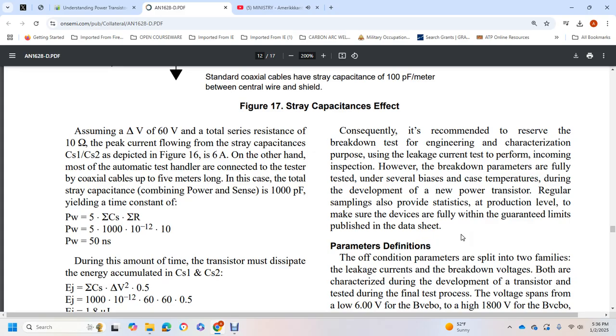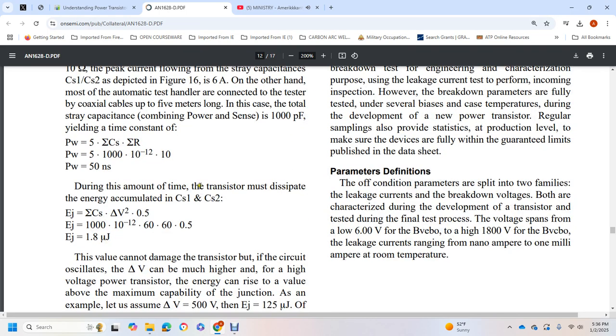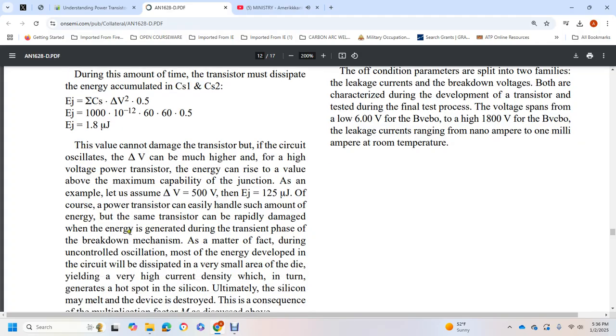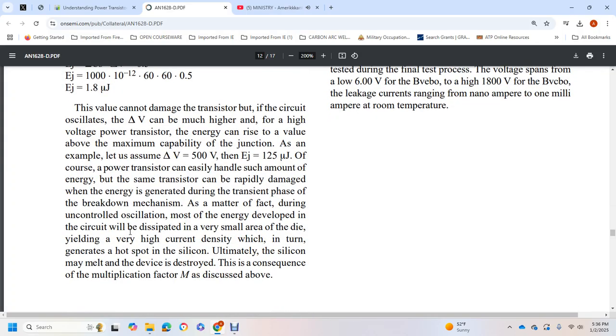On the other hand, most automatic testers connect with a coaxial cable 5 meters long. In this case, the total stray capacitance combined with the power supply is 100 picofarads, yielding the time constant. During that time the transistor must dissipate the energy accumulated in capacitors C1 and C2. This value cannot damage the transistor if the circuit oscillates at a low voltage. The resultant voltage can be higher with a high voltage transistor, and the energy can arrive at a value above the maximum capability of the junction. As an example, let us assume a resultant voltage of 500 volts,